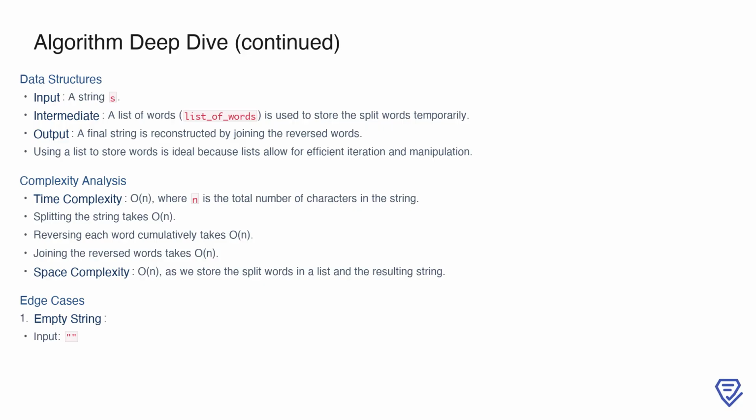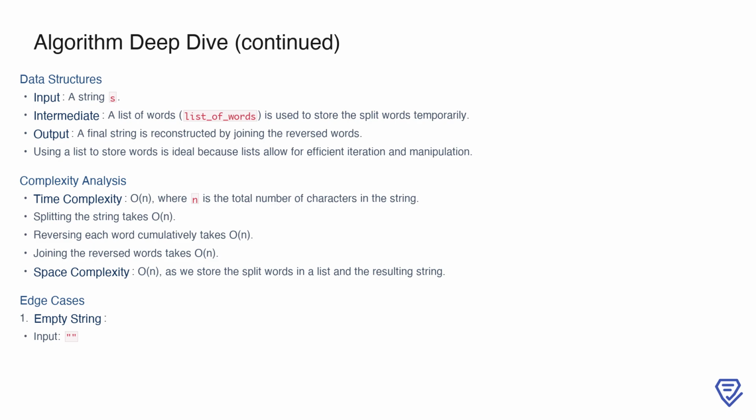Once all words are reversed, we use the join function to produce the output string. This reconstructed string is then returned as the final result. From a complexity perspective, the time complexity of the algorithm is O(n), where n is the total number of characters